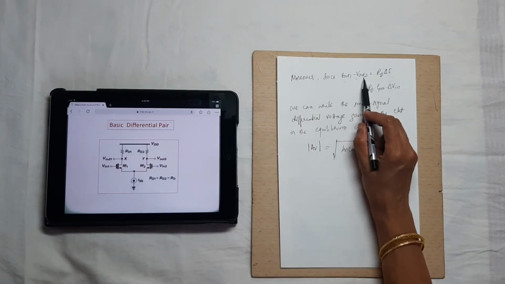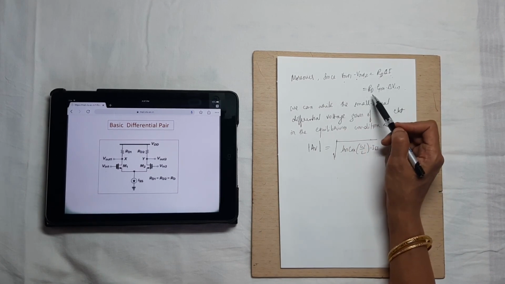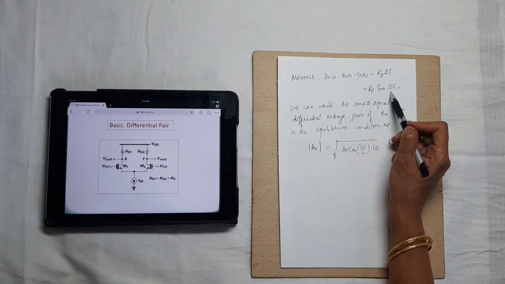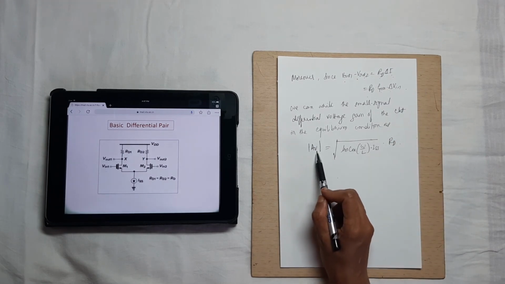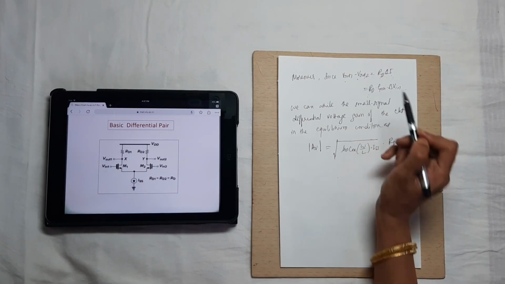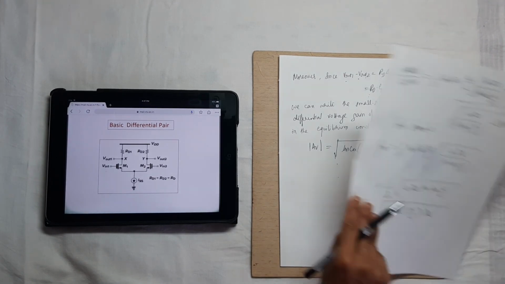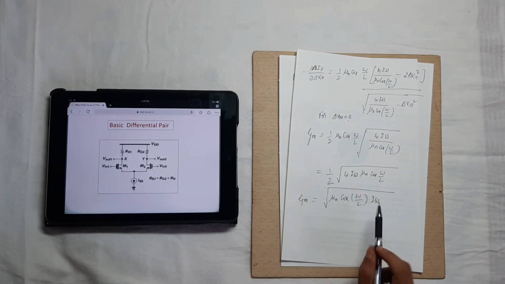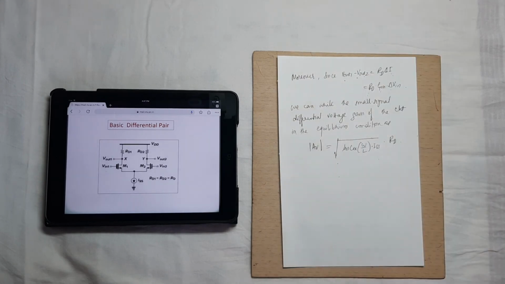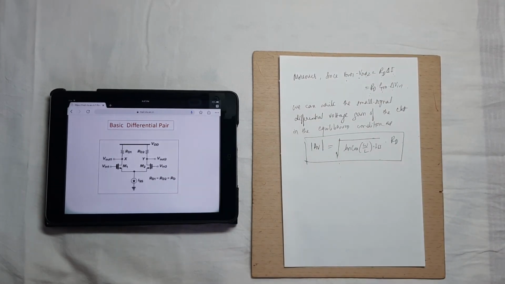See, Vout1 minus Vout2 is equal to RD into delta I. And the same thing can be RD GM into delta Vin. What we want is the voltage gain, so take this delta Vin to this side. We are left with only RD into GM. This is GM, as we have derived, square root of mu n Cox W by L into ISS. This multiplied by RD will give you the small signal differential voltage gain. That's all.